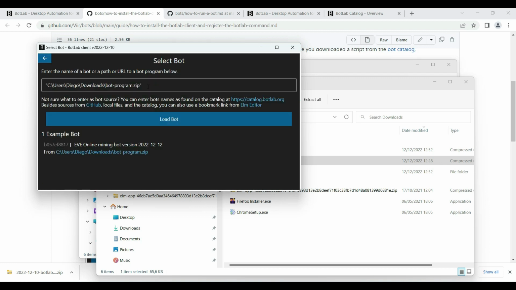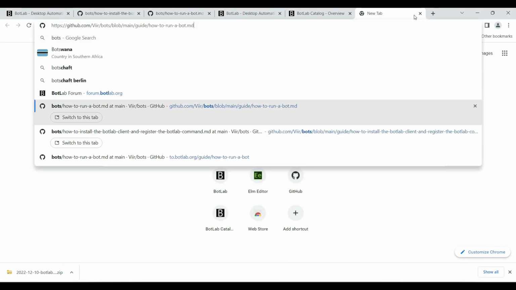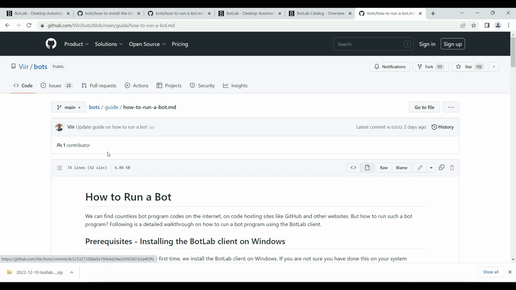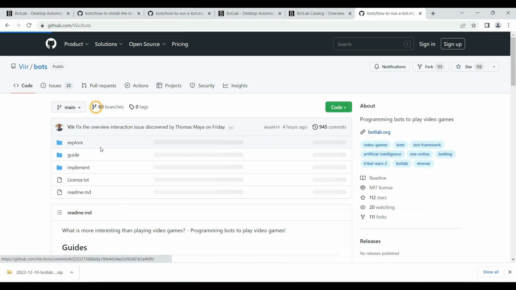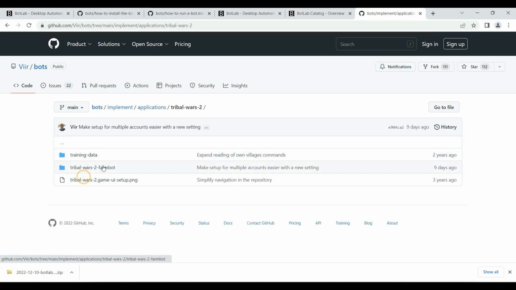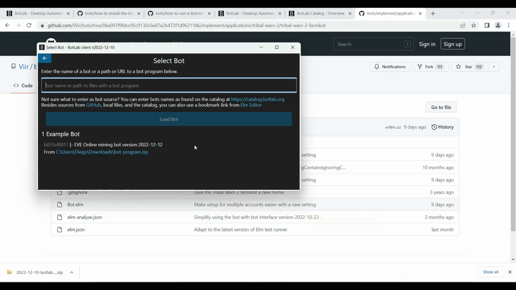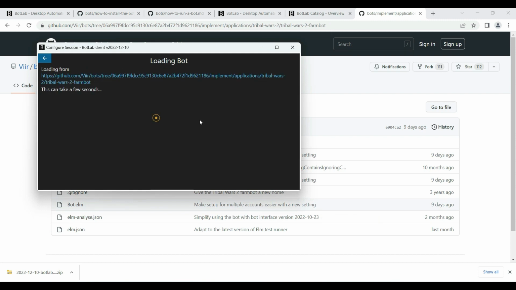And then of course there are Git hosting services like GitHub, and we can find bots on these hosting services as well and load them directly in here. So let's say we have a repository containing some bot programs like this here. Can copy the path into a repository using the URL and load that.